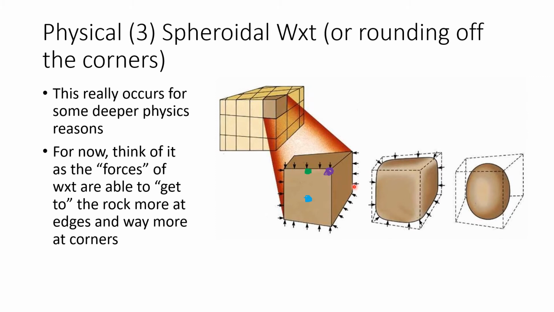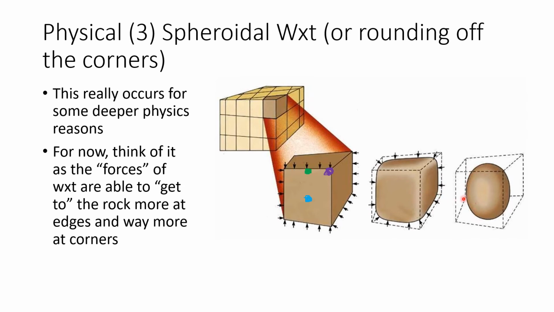So what happens is the blue spot is most protected. It's least likely to get weathered. The green one is up here on an edge, and so it goes away a little more easily, and the purple is most easily weathered. So the purple is most likely to go away first, followed by the green, and eventually you'll weather down into where the blue one is. And really, we could have a yellow spot like deep inside the rock that we can't even get to with any of the forces, so it's still there.